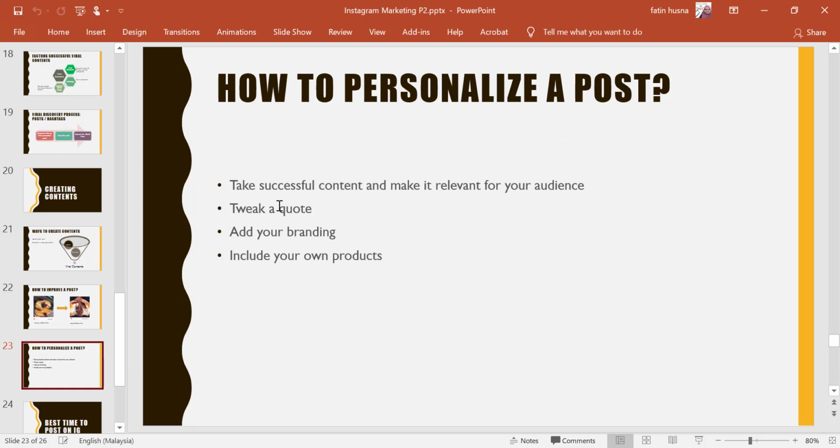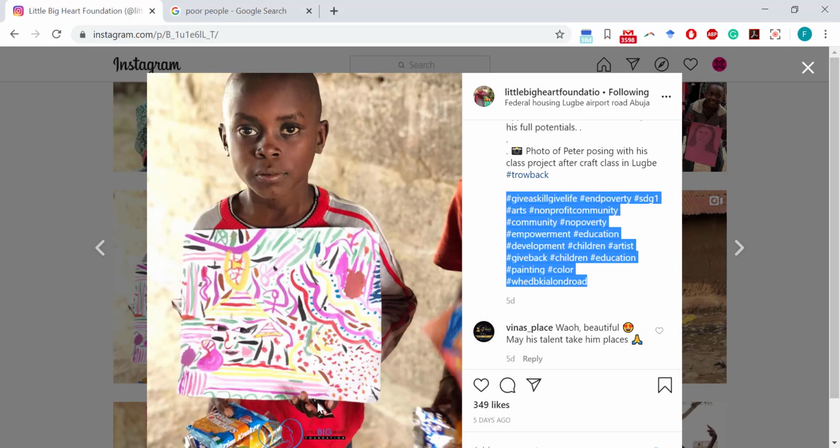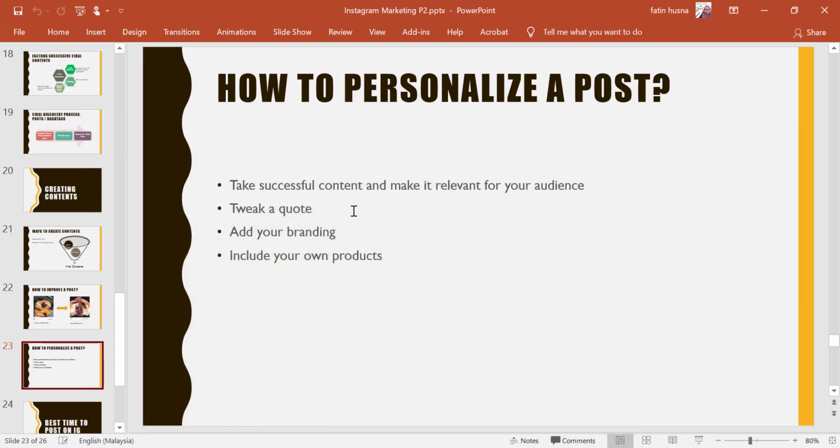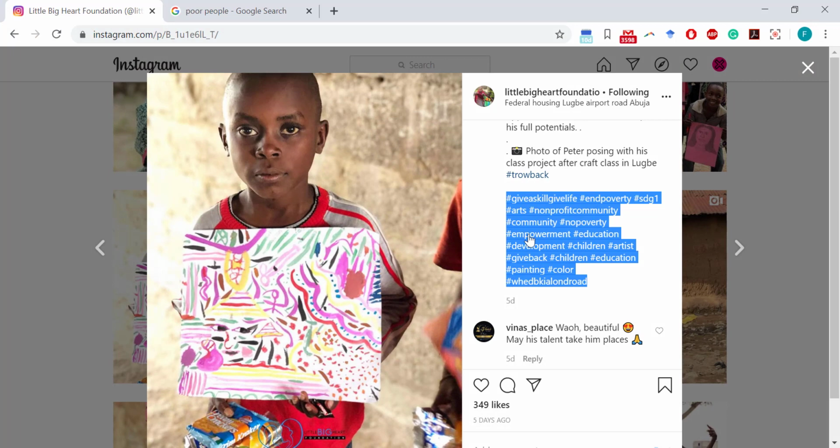Okay, how to personalize a post? Take successful content and make it relevant to your audience. For example, I want to talk about poverty, so you have to find a post that is talking about the same thing, and tweak the quote. Maybe you can put your own quote